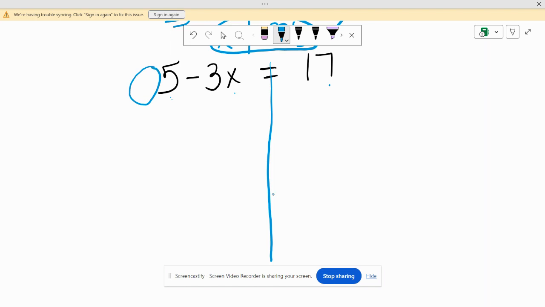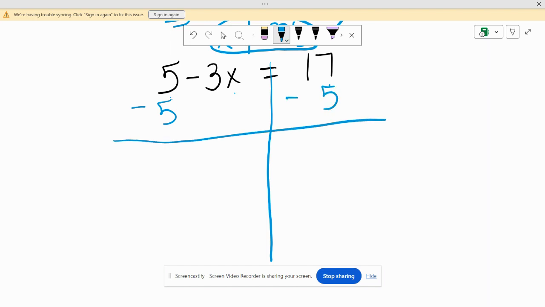So this negative goes with the 3. This is really saying 5 plus -3x. So this 5 is not negative. This 5 is positive. So we need to think about what is the opposite of a positive 5. The opposite of a positive 5 is -5. So we are going to subtract 5